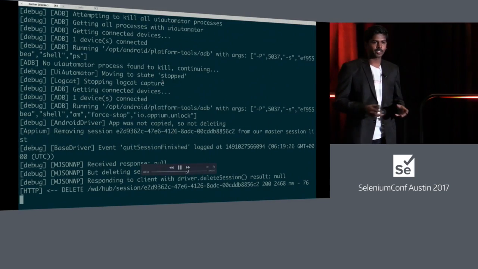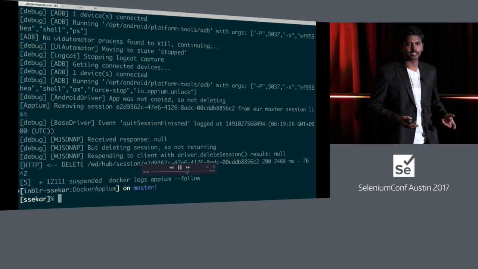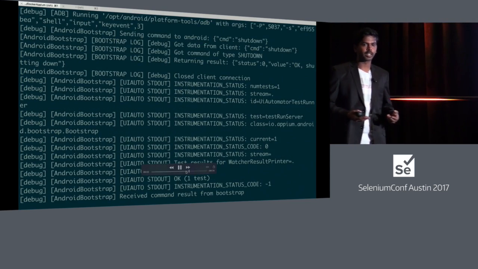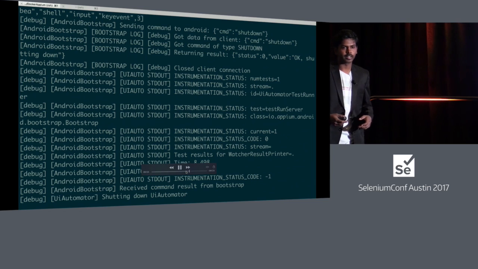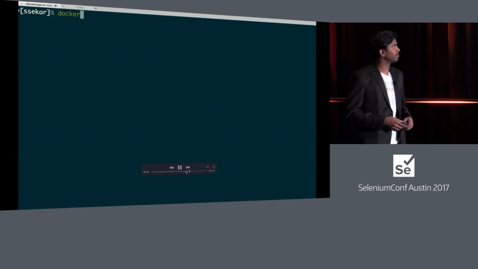And if it is Dockerized, how can I run it for iOS? It is the same way how you run it for Android. Instead of the Docker container IP, and your desired capability should be iOS instead of Android, and IPA instead of APK. Rest are all same.